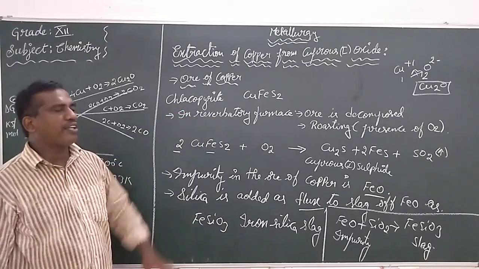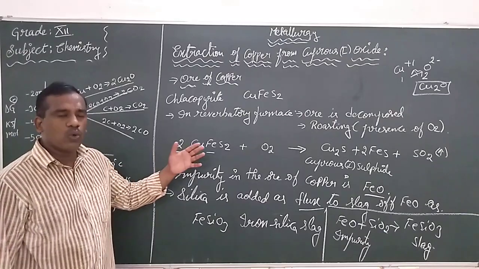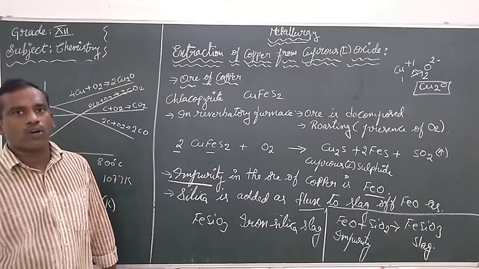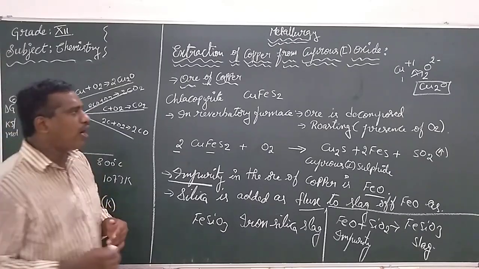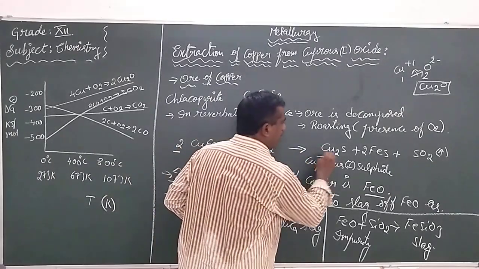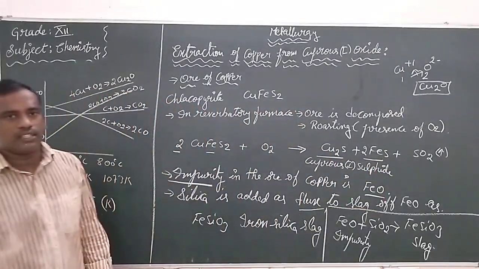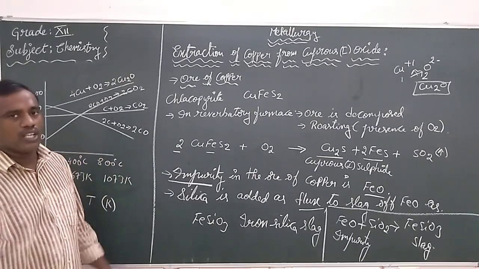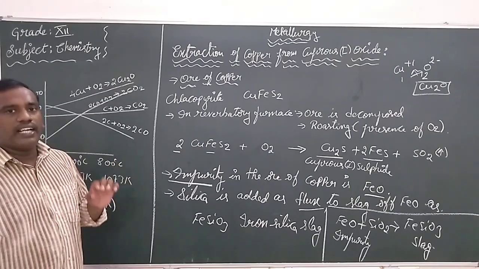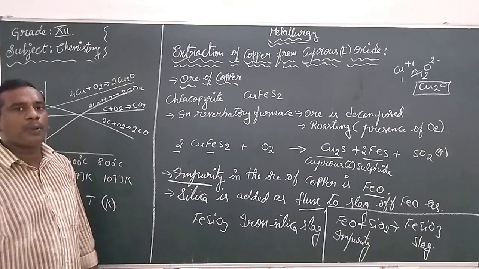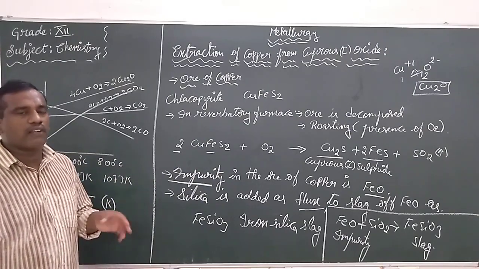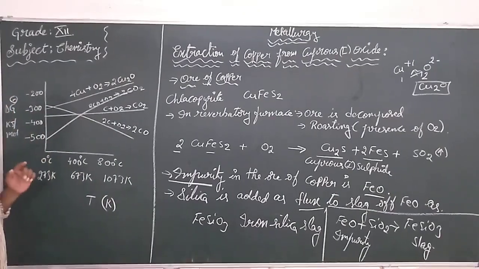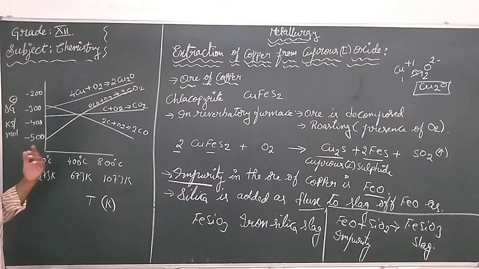What is the ore of copper, how do we do the decomposition process, and what is the impurity present in this ore? Now we got in the decomposition two main components. One is called cuprous sulfide and another one is called iron sulfide. This cuprous sulfide needs to be converted into cuprous oxide, because when we went through the Ellingham diagram the day before class,